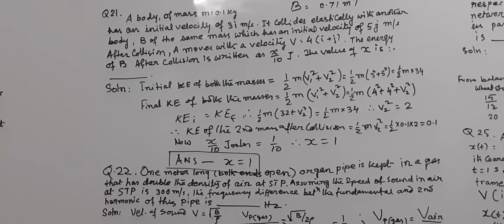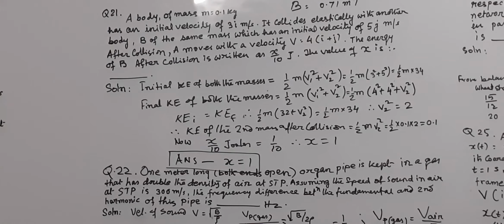Here half m 3 square plus 5 square will come, that will be half m 34. Final kinetic energy is half m v1 dash square plus v2 square equal to half m v2 dash square, that is equal to half m 4 square plus 4 square plus v2 dash square. Now kinetic energy initial equal to kinetic energy final. Therefore, equating the initial and final energies, we can find v2 dash will be 2,